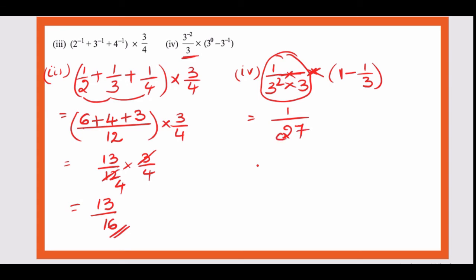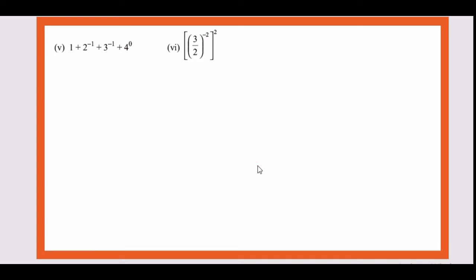So it is nothing but 27 into, what is the value of 1 minus 1 by 3? 1 minus 1 by 3 is nothing but 2 by 3. I can write it as 2 divided by 27 3s are. So what is the value of 27 3s? It is nothing but 81. So the simplified answer for this question is 2 divided by 81. Now 2 more questions related to this concept.